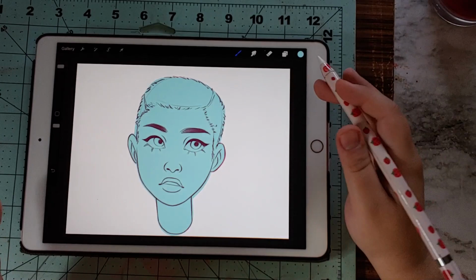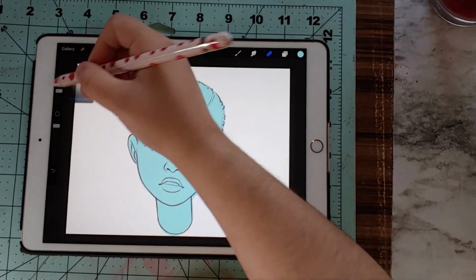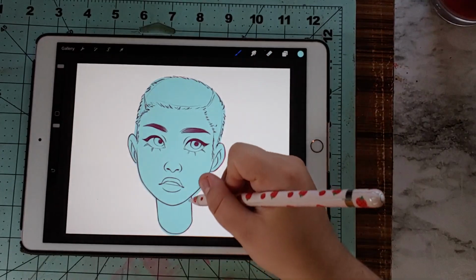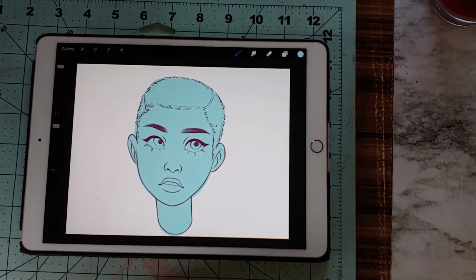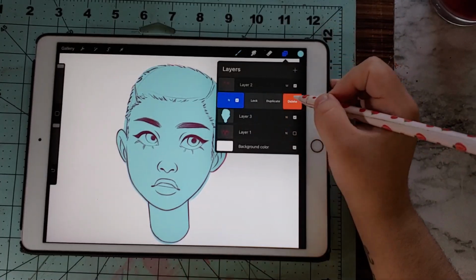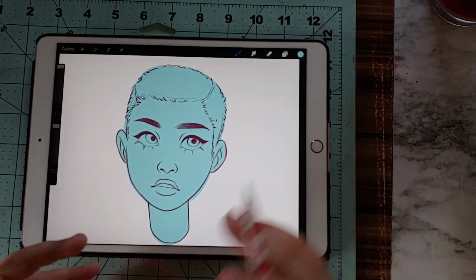Okay, and then it doesn't have to be entirely perfect, because obviously you can go in with your eraser later and clean it up if you want to, but we're not going to do that because we're going to save time today. So the first thing that I would recommend if you're working digitally is to start with your midtone,